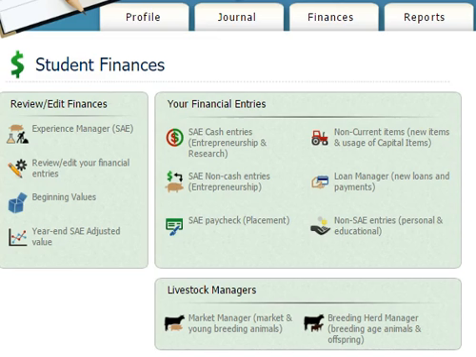Today we're going to talk about how to record expenses in the Market Manager. The first thing you're going to need to do is set up a project in AET in the Experience Manager. That is a market project, and the name of the project will need to include the year that you plan to sell it, and I'll talk to you a little bit more about that in a second. You also need to choose the Market Manager at the bottom of that screen. Assuming you have already done that, you will see in the Finances tab, Market Manager at the bottom of your screen. So we're going to choose Market Manager,